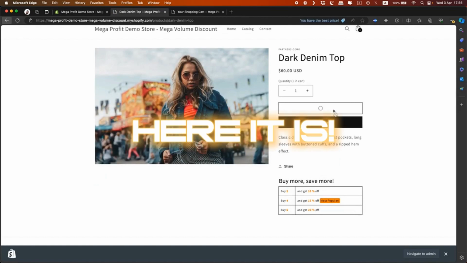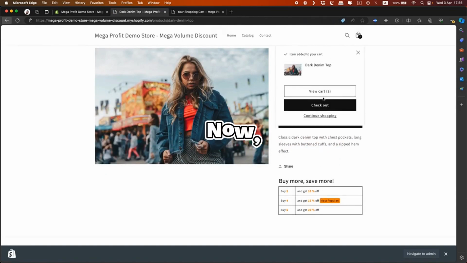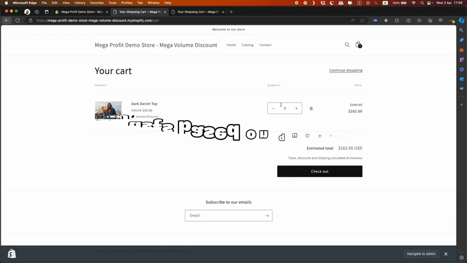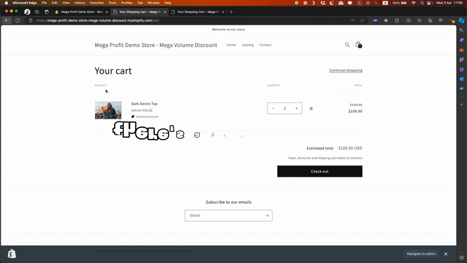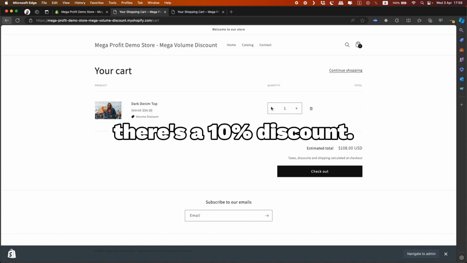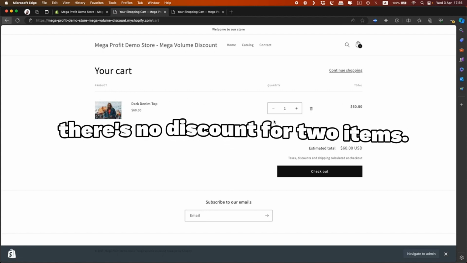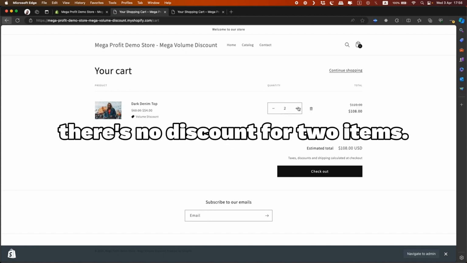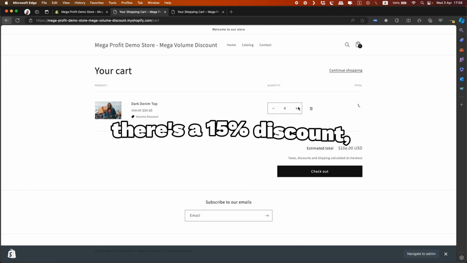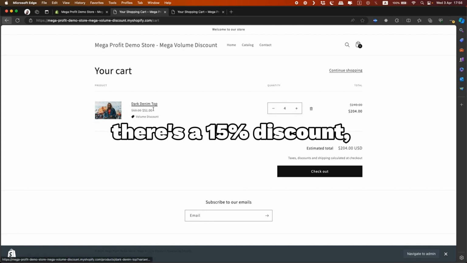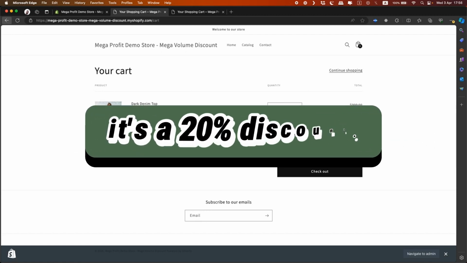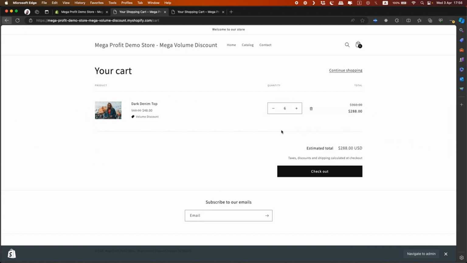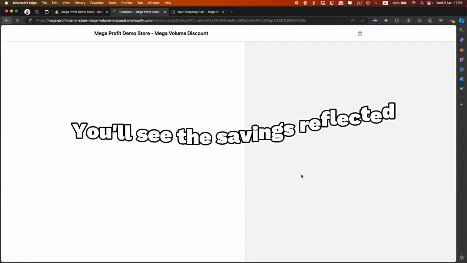Here it is. Let's add it to the cart now. Observe how the discount adjusts based on quantity. For a single item, there's a 10% discount. However, there's no discount for 2 items. For 4 items, there's a 15% discount. And for 6 items, it's a 20% discount. Now let's proceed to checkout. You'll see the savings